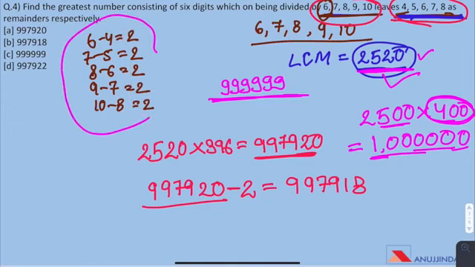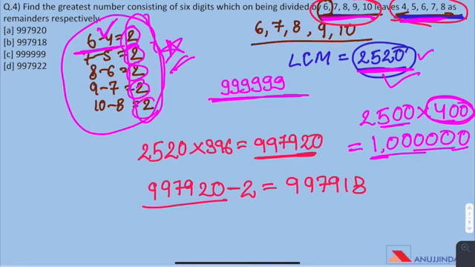And this is the trick that you have to remember to solve such questions where the remainder of each number is different. You have to subtract the remainder from the given number and then you have to subtract the common term from the number you find that is divisible by LCM of these numbers compositely.